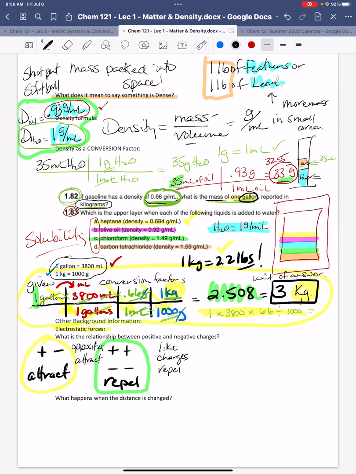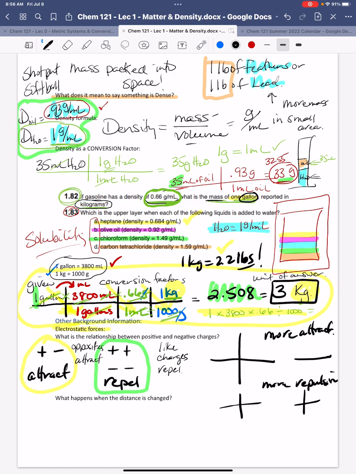Okay. And then it's interesting to understand the size. One of the other things I want you to get is if I make a bigger positive and a bigger negative, there's going to be more attraction. If I make a bigger positive and a bigger positive, there's going to be more repulsion. So the size matters. Basically, as I increase the charge or decrease the charge,